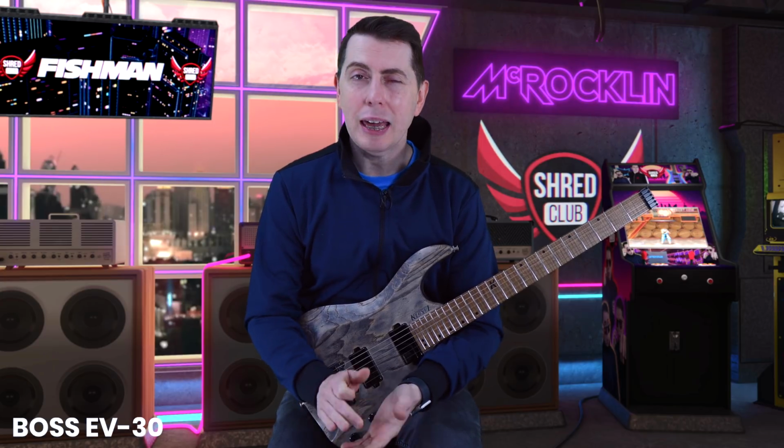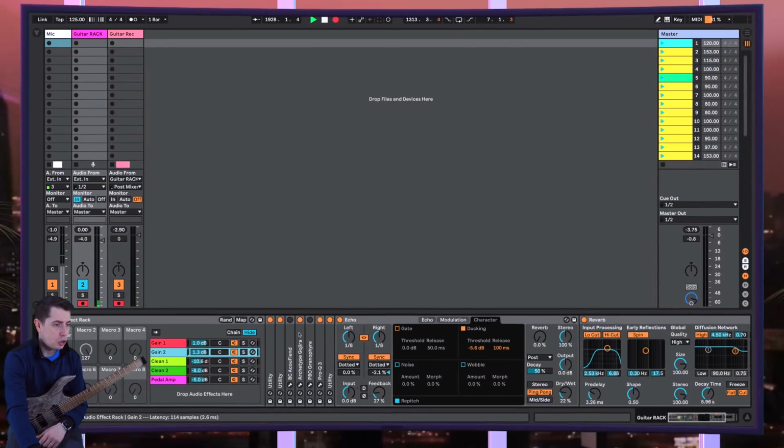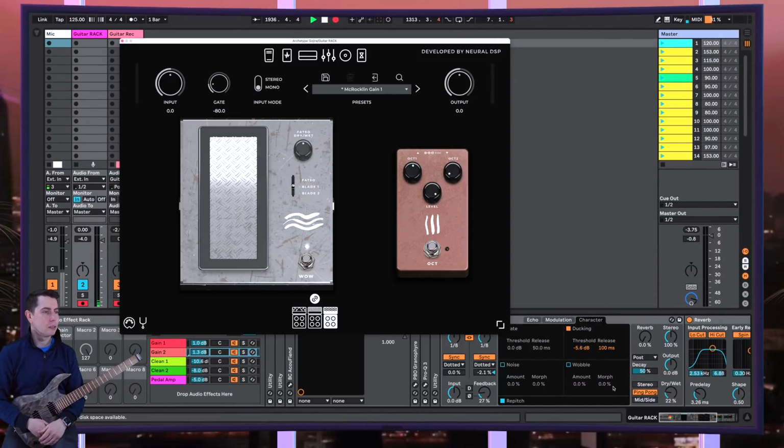At the same time though, I kind of wanted something that was a little bit more cutting, a little bit of a brighter sound. And also, as you heard with this sound, I'm using the expression pedal, one of the Boss EV pedals, and that is going into the balanced input of the Blackstar Live Logic. So inside Ableton, I can assign that as a controller. And what I am controlling on this sound is the Gojira. So every time I go up and down,